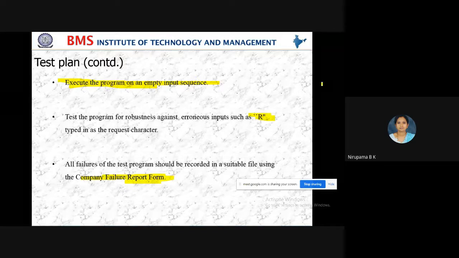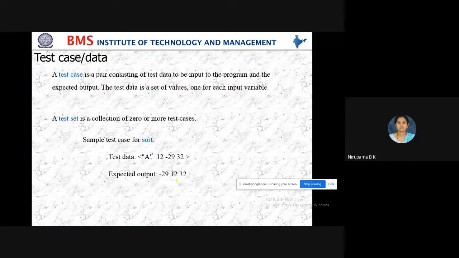Even though you are giving an invalid input, for the invalid input also you are getting the output without any error message, then you have to think that there is a failure in the program, so you have to report to the company. So similarly, you write a test case for your automation of MCA department.